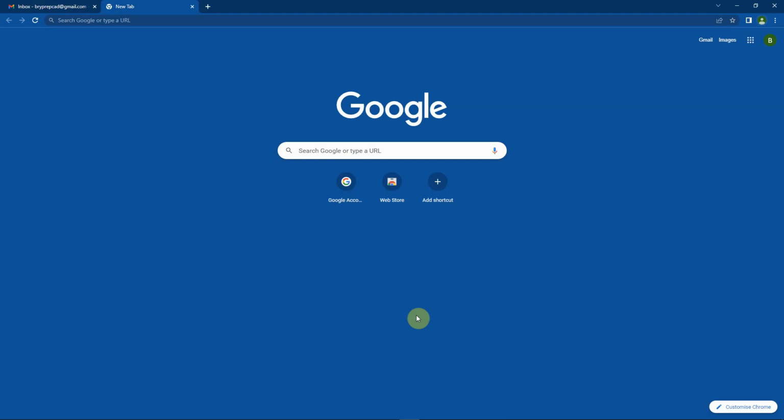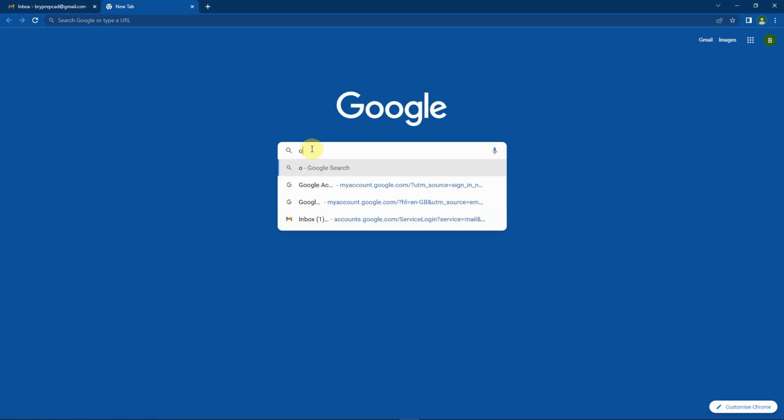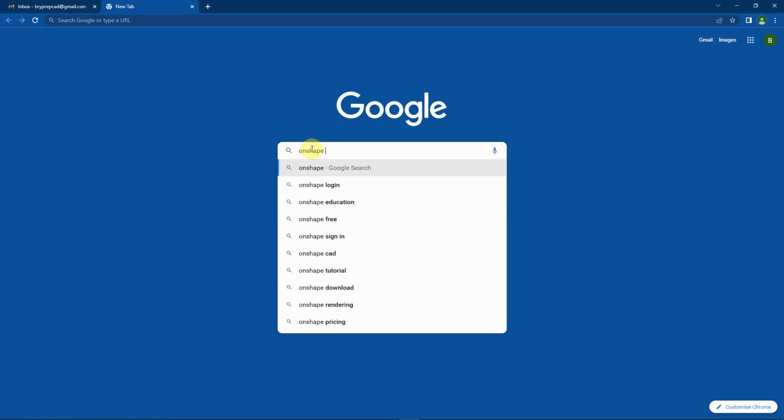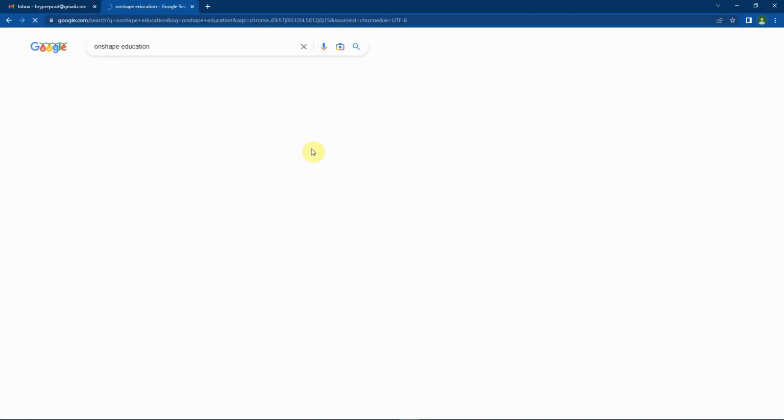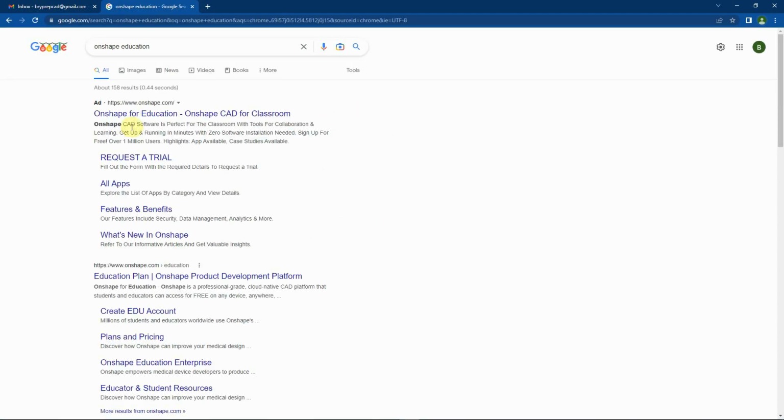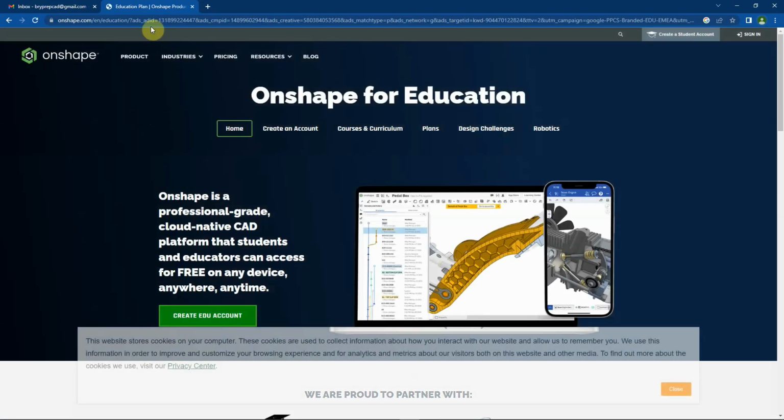In this tutorial we're going to look at how to set up an Onshape account. So the first thing I'm going to do is to go to Onshape's education. Now I can do that just by searching Onshape education. So I put that into Google, Onshape for education, click on the link, and this will take me to the